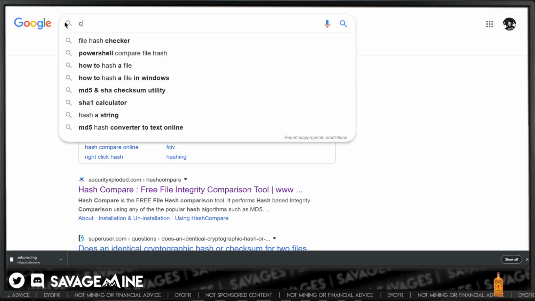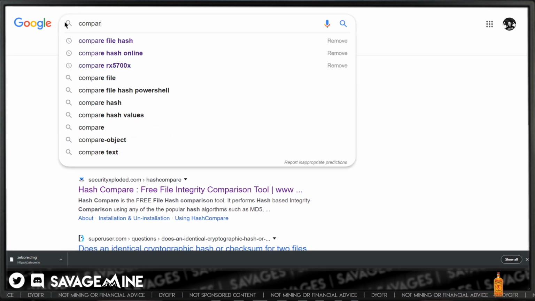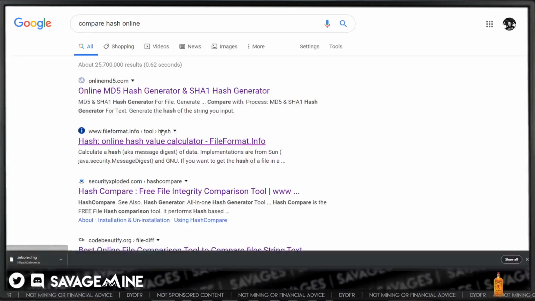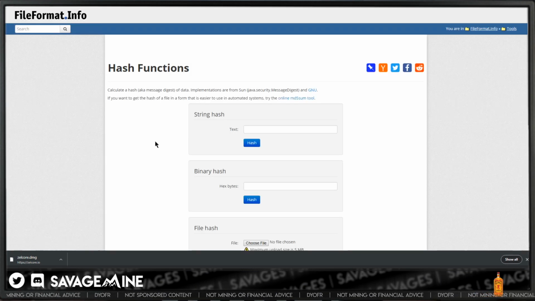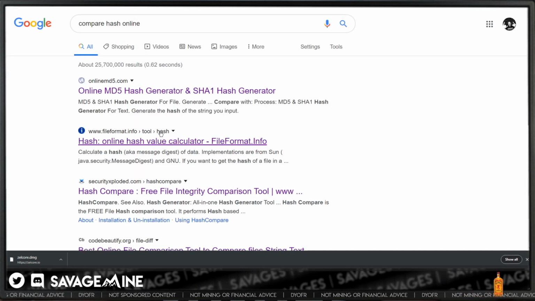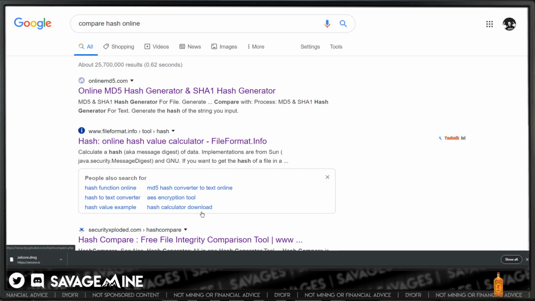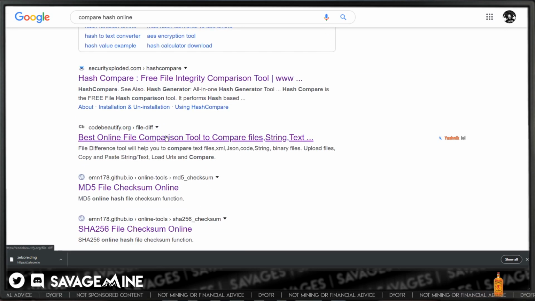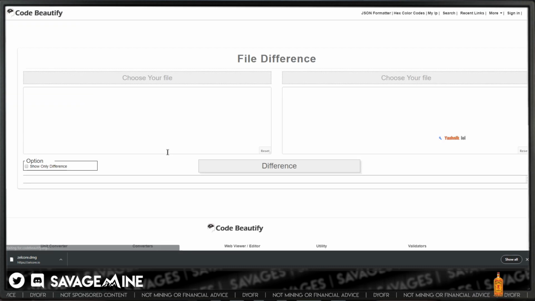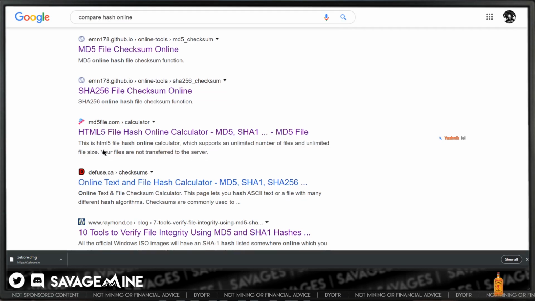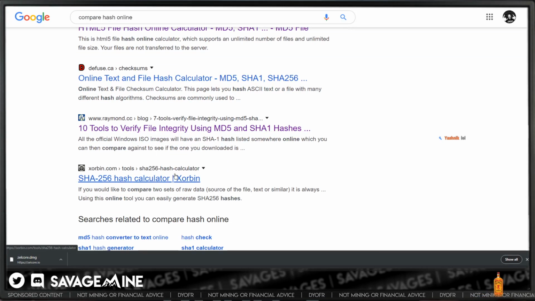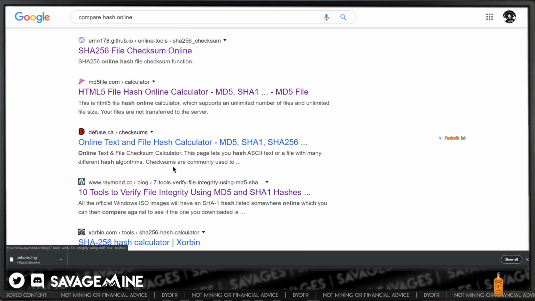Let's see, compare. No. Let's see here. Calculator.